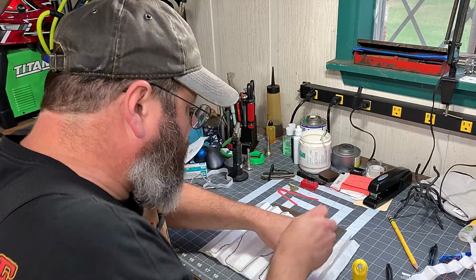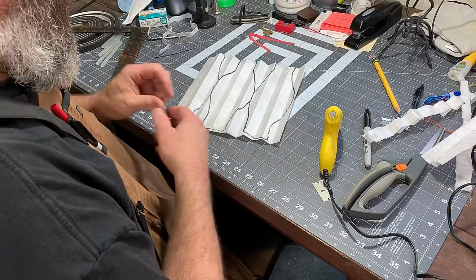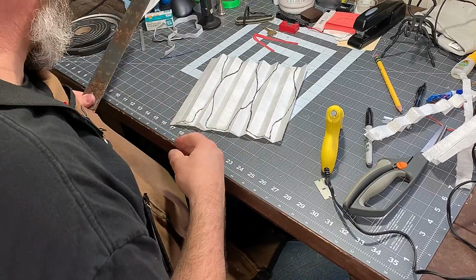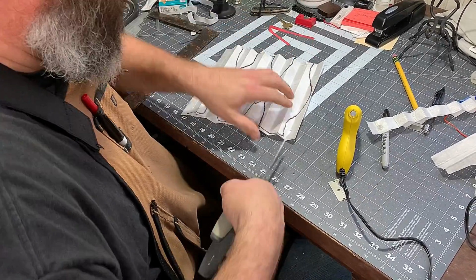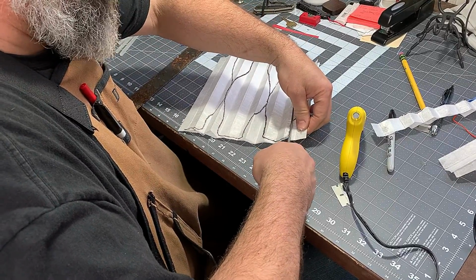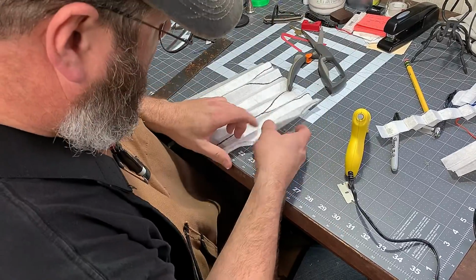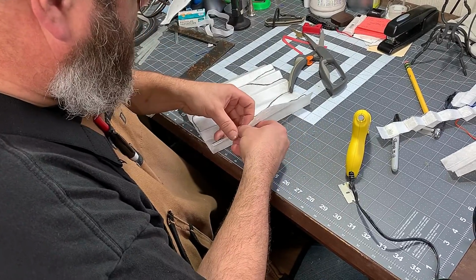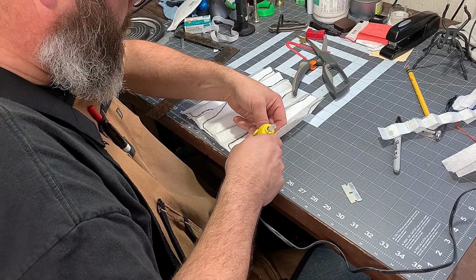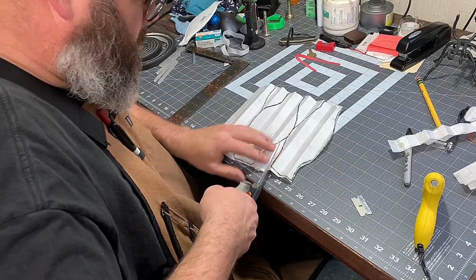Now we're going to trim this off. So now you just take away everything that doesn't look like a mask. We're going to cut this section away. And I'm cutting them as a pair. And then as I'm doing this, I'm feeling of it, splitting it apart. Run a bead of glue in. I'm moving on to the...